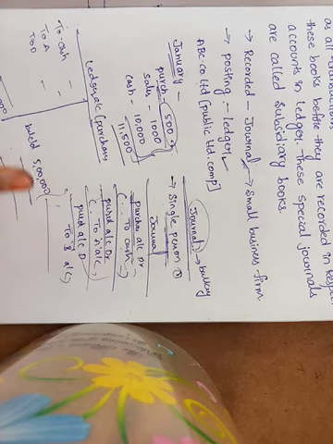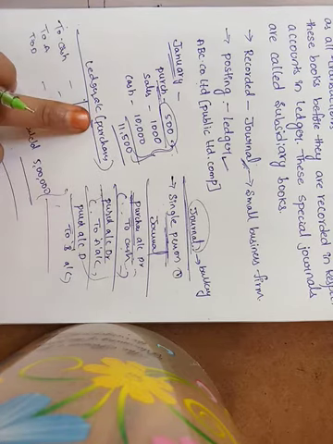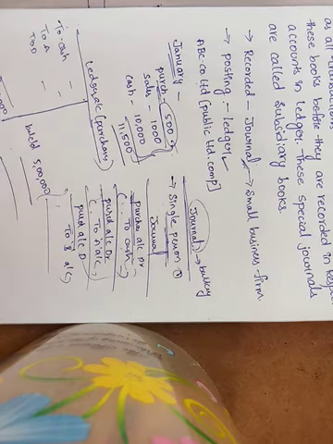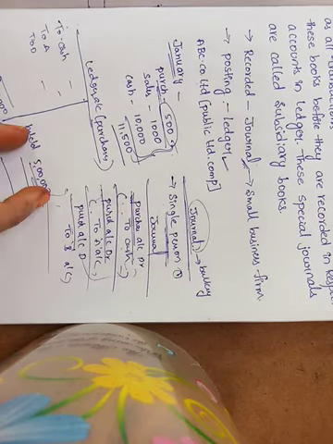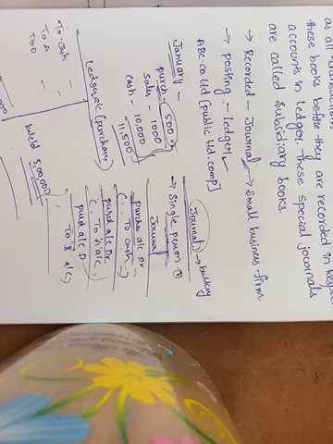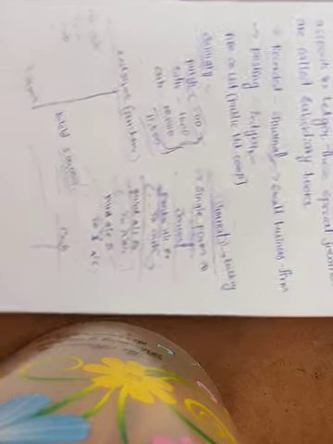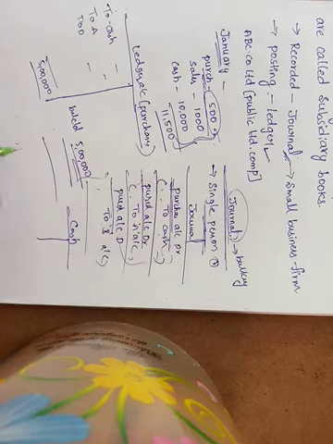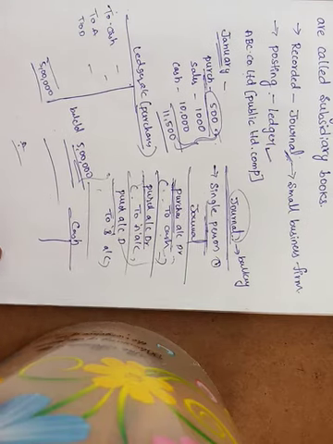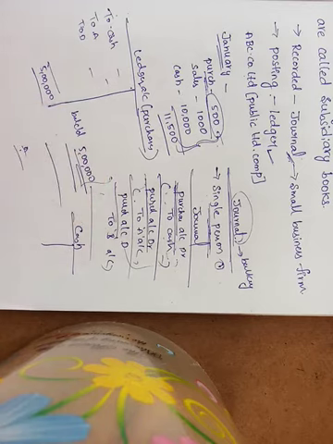Now we will prepare this purchases account. We know this is the cash transactions amount. Shall we know this amount? Up to here is the cash transactions amount, and the rest is the credit transactions amount. For that cash transactions amount we prepare the cash account. For that credit transactions amount we prepare the A account, B account, like that. It is one type of disadvantage to large scale business organizations.